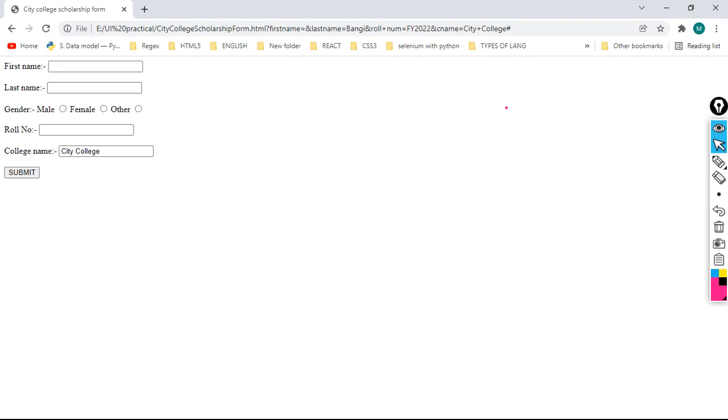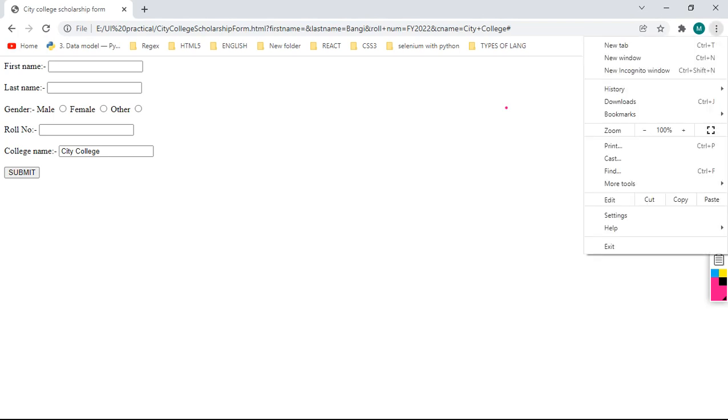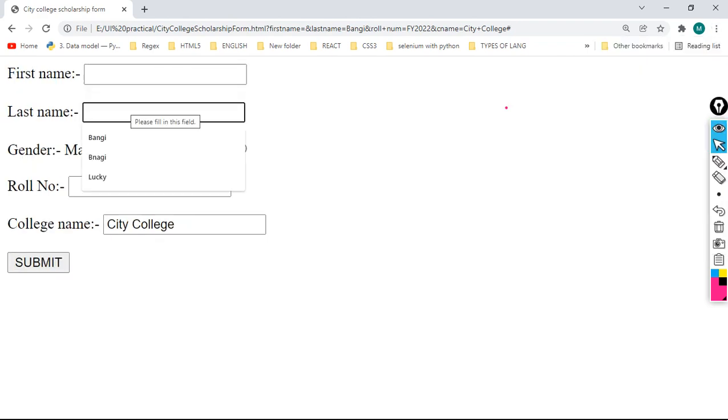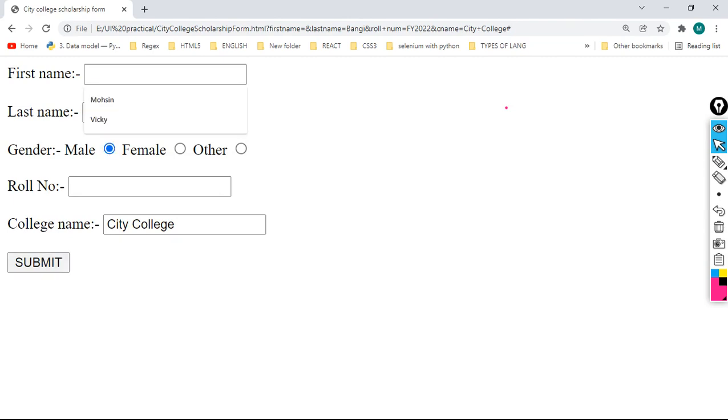Now let me do one thing. Let me fill this form incompletely and check whether it will accept or not. I will write my last name and my gender, that's it, and I will click on submit. See, the form is not submitting. What is it telling? Enter first name. As soon as I clicked on the submit button, my cursor went into the field where the value is not entered. Let me show it once again.